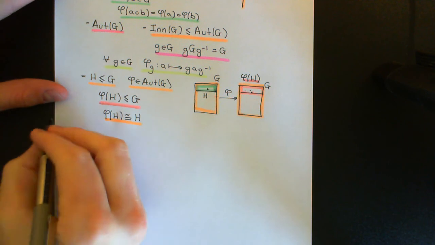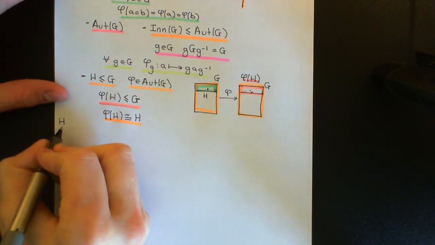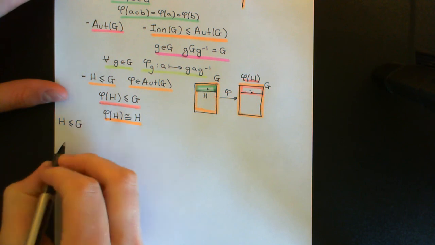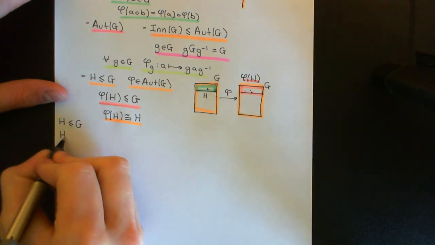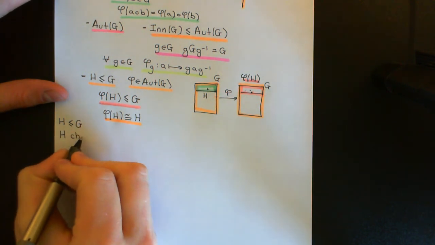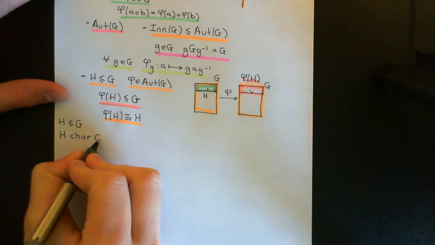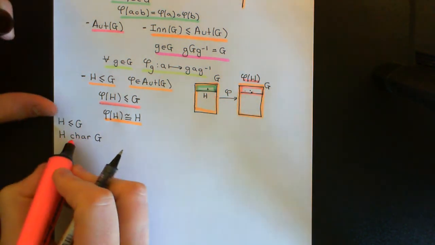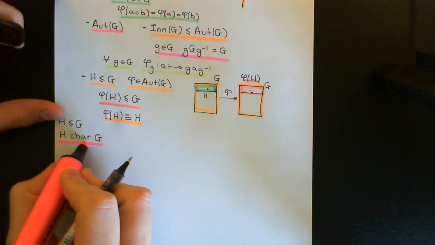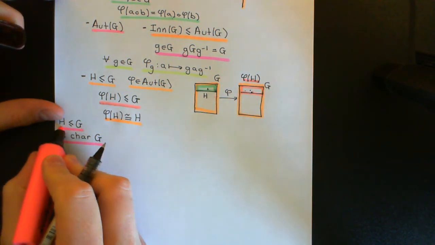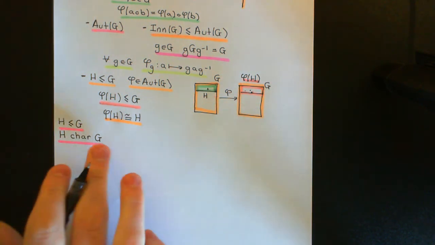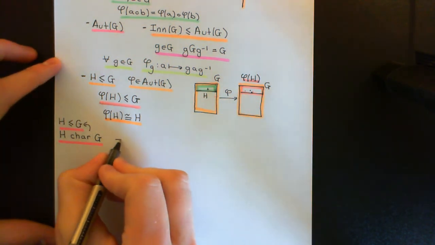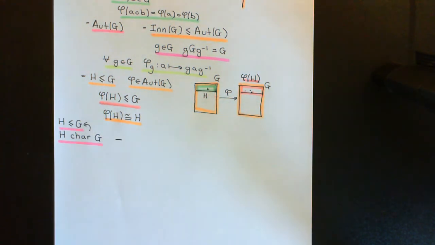Okay, so a characteristic subgroup, first and foremostly, is just a subgroup of G. So H is a subgroup of G, and if we want to elevate its stature up to being a characteristic subgroup, then this is written like so: H char G, H is a characteristic subgroup of G. And of course, to be this, it has to be a subgroup of G, so this is one criterion, and then here's the interesting new criterion,